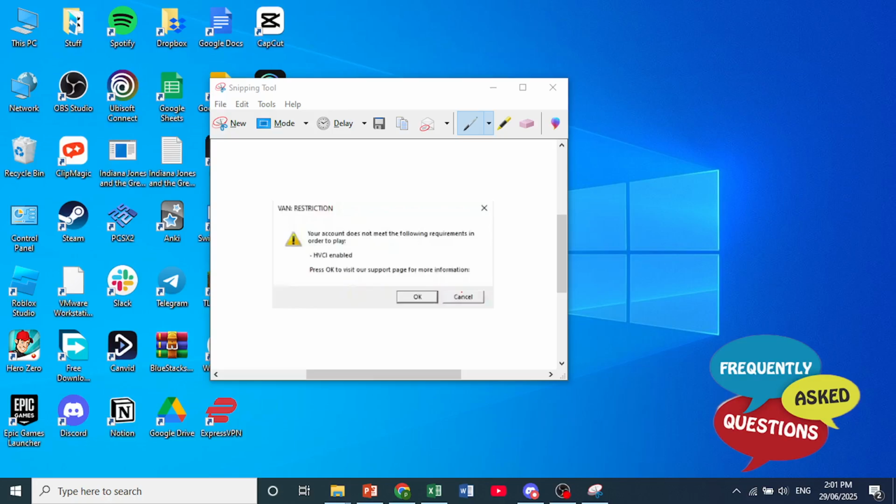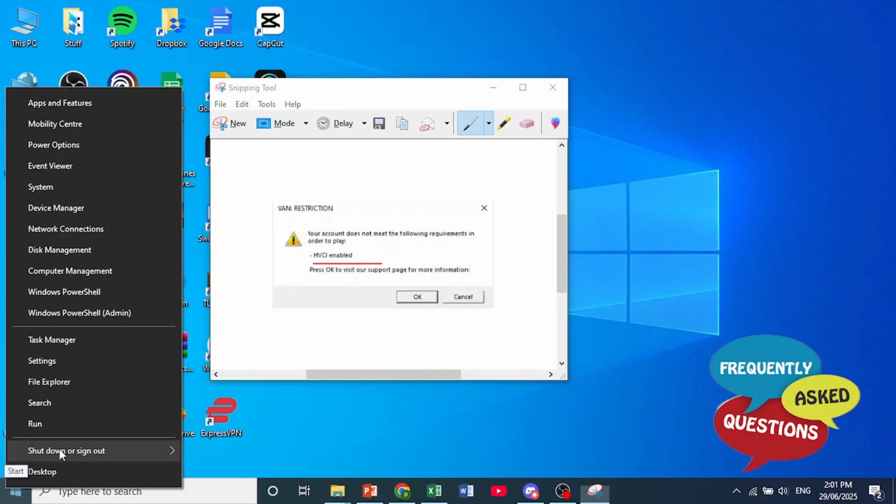Hey guys, so I got this error and I'll show you how to fix this, how to enable HVCI for Valorant. How do you fix this error? It's very easy. First, I want you to come at the bottom left, right click on the start icon, and